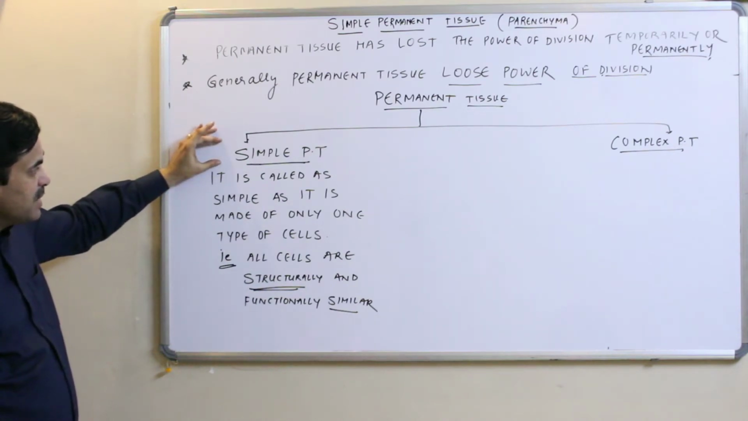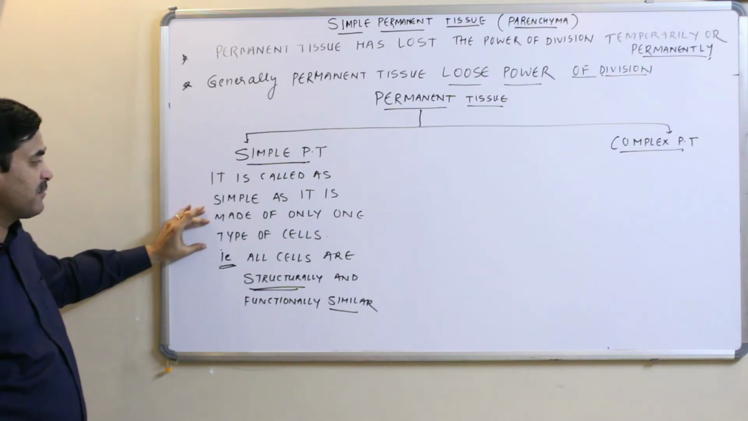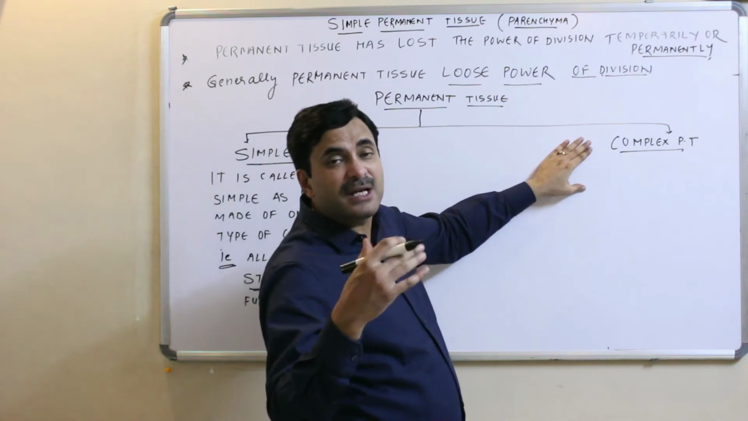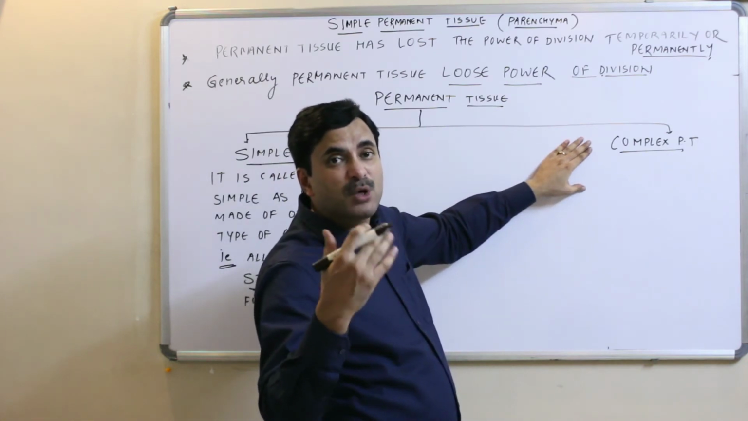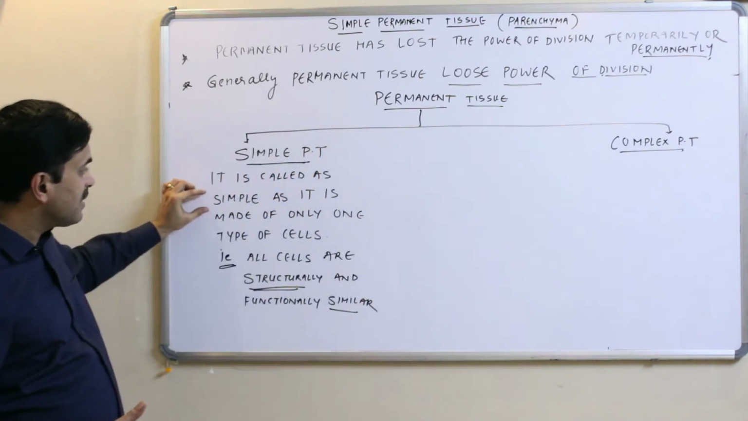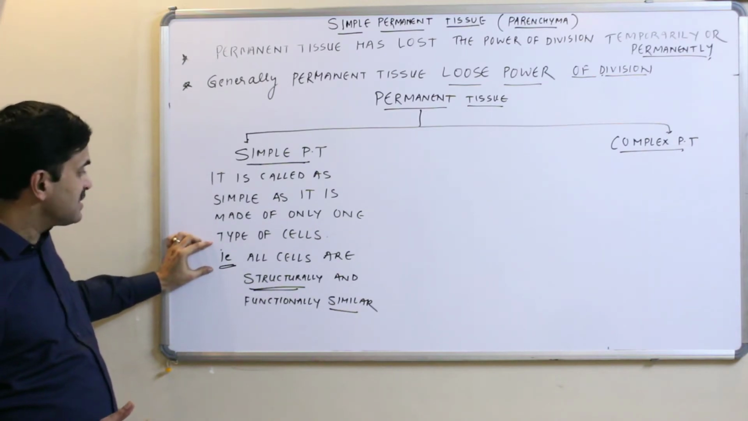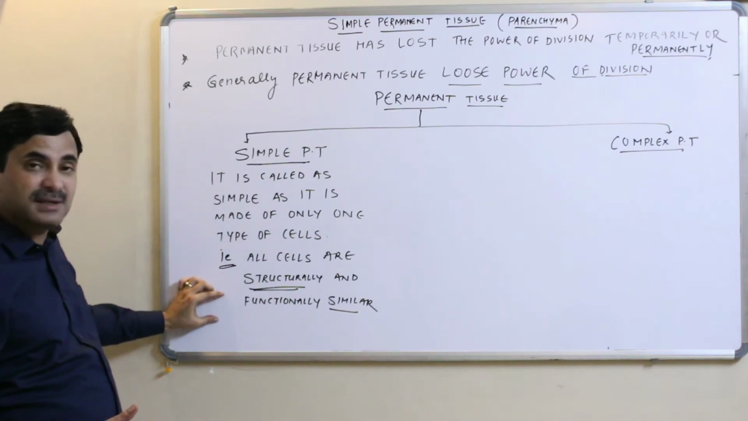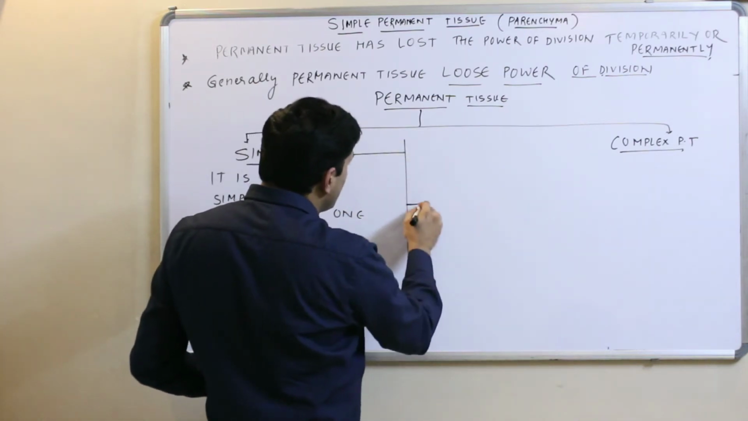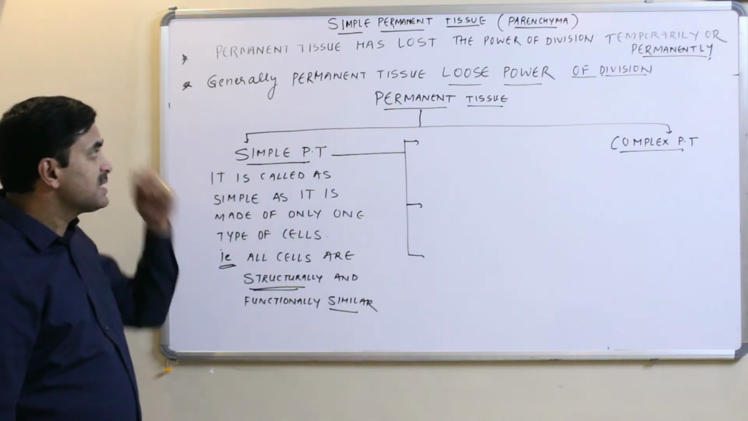So the simple permanent tissue is called simple as it is made up of only one type of cells. But when we discuss the complex permanent tissue, we will say that it is so called because it is made up of more than one type of cell. But here, all the cells are structurally and functionally similar. Alright. Now, if I go through the classification of the simple permanent tissue,